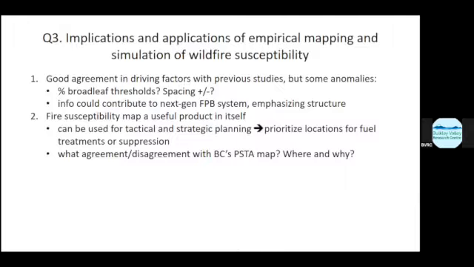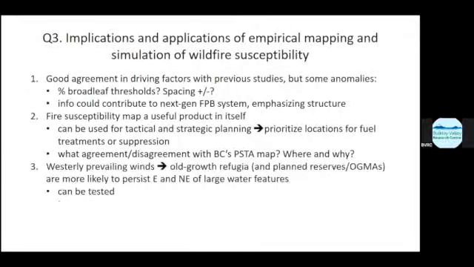That fire susceptibility map is probably a useful product in itself for planning tactical and strategic locations for fuel treatment or suppression. But it might be worth comparing why we have agreement or disagreement with the province's strategic threat assessment map. Though the signal from those, that lake effect is certainly